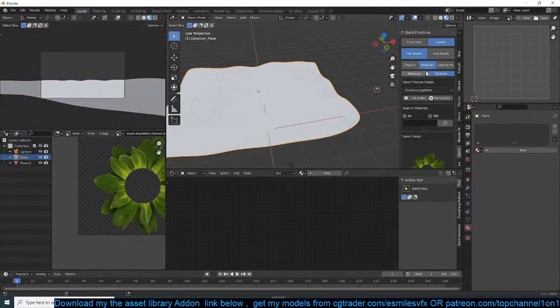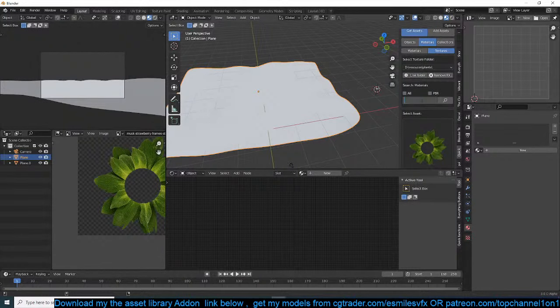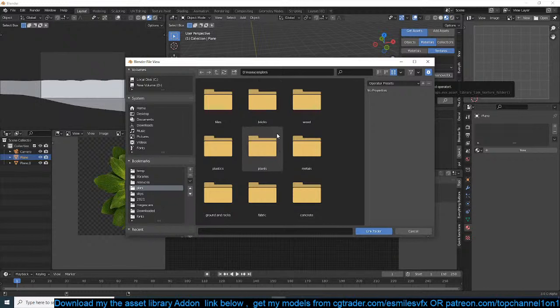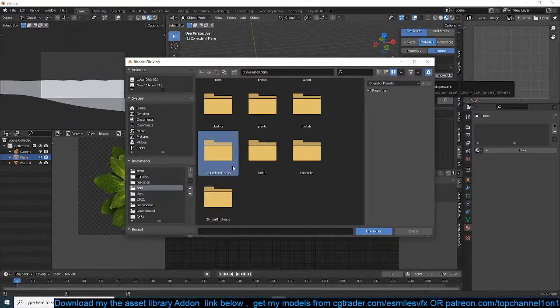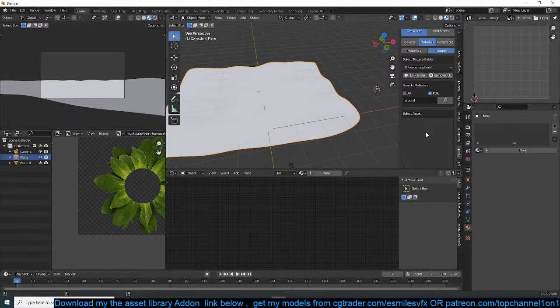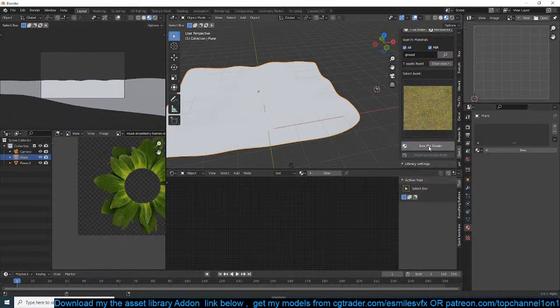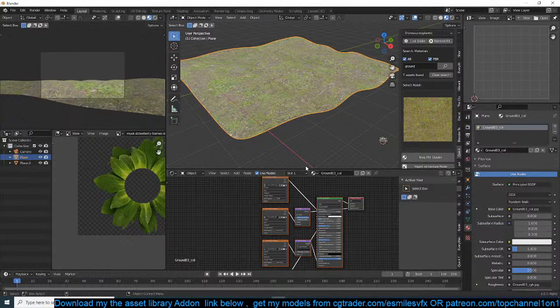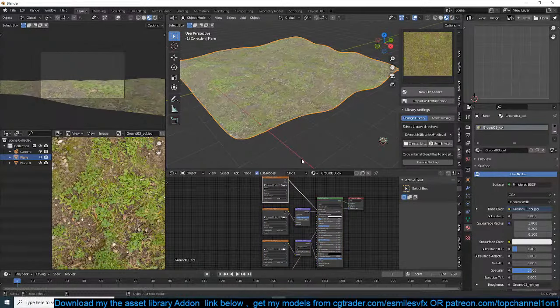And I'm going to go again to my library, quick functions, and search for ground PBR, or I think I need to link my PBR folder. Ground and rocks. Search again. Yeah, I want this. Okay. Now,